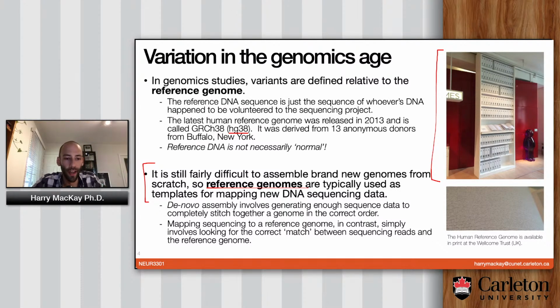So de novo assembly, here again, this is building a genome from scratch, a new genome, involves generating enough sequence data so that you can completely stitch the genome together. It's like I say, you've torn up a book and you're trying to put the pages back together. You almost need more than one copy of the book if the book is torn up completely randomly. You might have a sentence like, "he went to the store," that's what it's supposed to be. And then on one fragment you have "he went," and then you have another fragment that says "to the store," and then a third fragment that says "went to the store." When you put those three together, you can stack them up and say, okay, these all fit together. This forms a complete sentence. It takes two books' worth of pieces to do this because of where they're torn up.